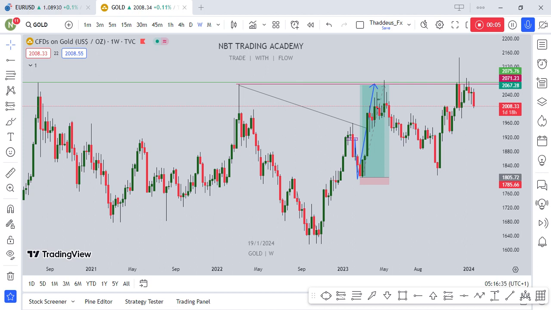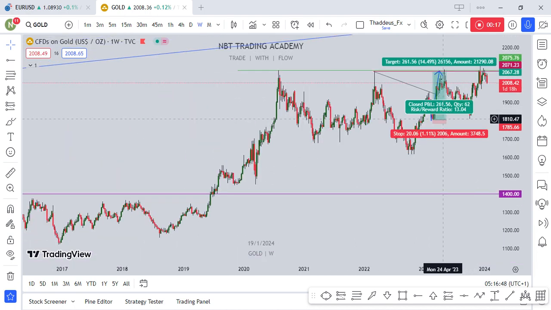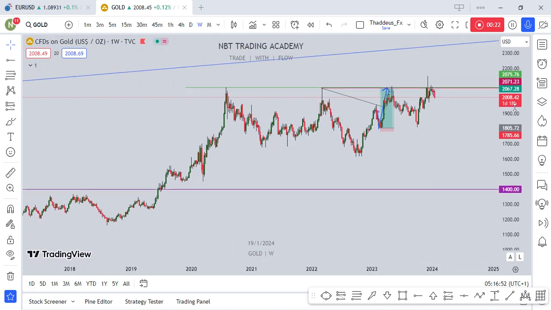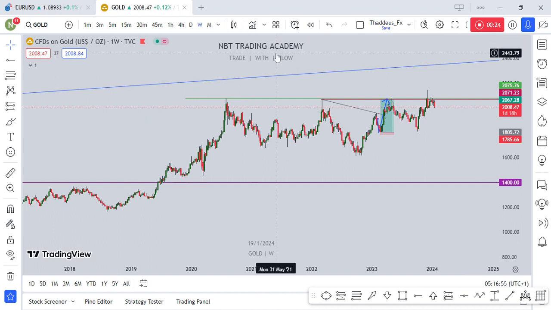Welcome, guys. So today we're going to be talking about the crash of gold. We're going to be talking about how gold is going to go into 1800. So let's see why and how I said gold will be going to 1800. Welcome to my screen once again. It's Nathaniel Brown, Digest Effects.